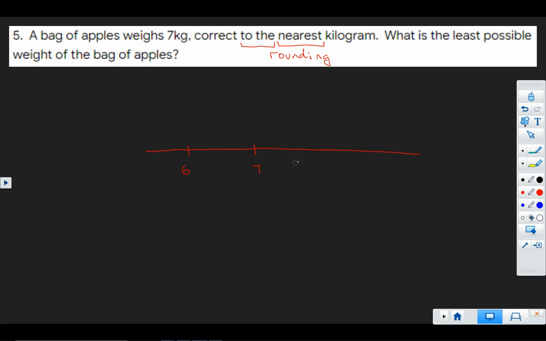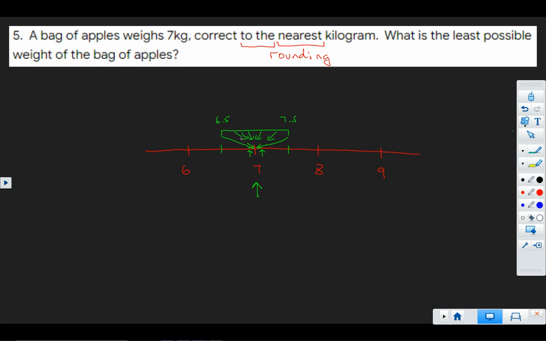6, 7, 8, 9. And we've been told that our number is rounded to 7. 7 was the nearest. So when did it become nearest? It's obviously near 7 here, it's near 7 here. When does it stop being nearest 7? Well, it stops at the halfway point, doesn't it? Once we've crossed halfway, we're nearest 6. Once we've crossed halfway this way, we're nearest 8. So we've got this whole range here from 6.5 to 7.5,